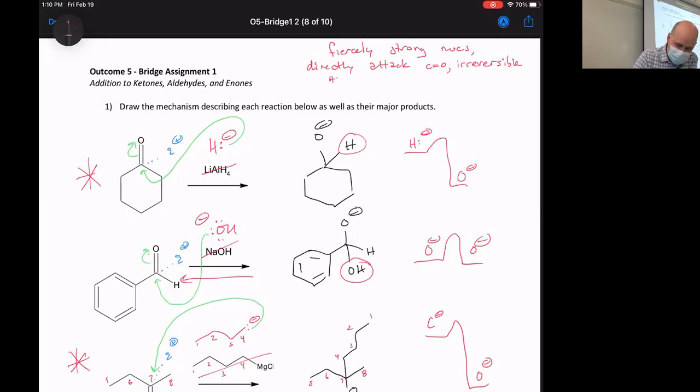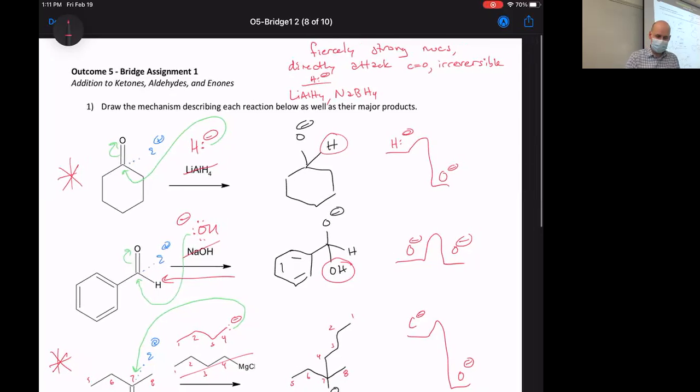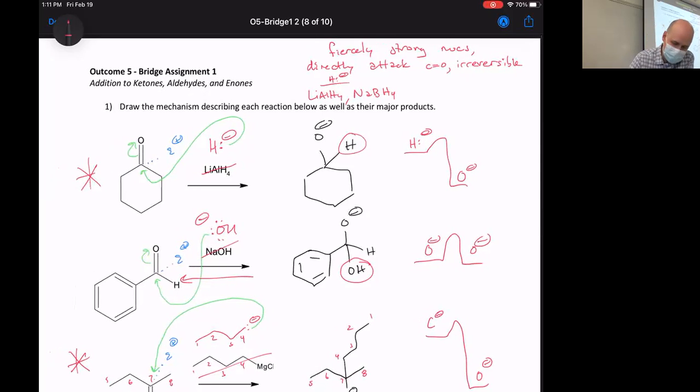So for an H minus, we use lithium aluminum hydride. And sometimes we'll use sodium borohydride, which is something that we don't use as often. We saw it last year in a couple different reactions, but more or less, these guys are both just H minuses. These are your fiercely strong H minuses. And we also have some versions of a C minus. The one that we have done already is